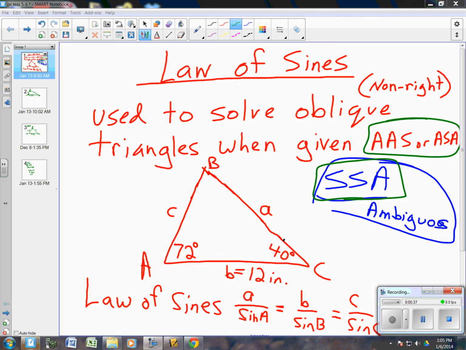Now, you guys remember, angle, side, side is the same thing as side, side, angle, but I like to write it this way better for good reason. All right, so I don't get fired. Okay. So anyway,